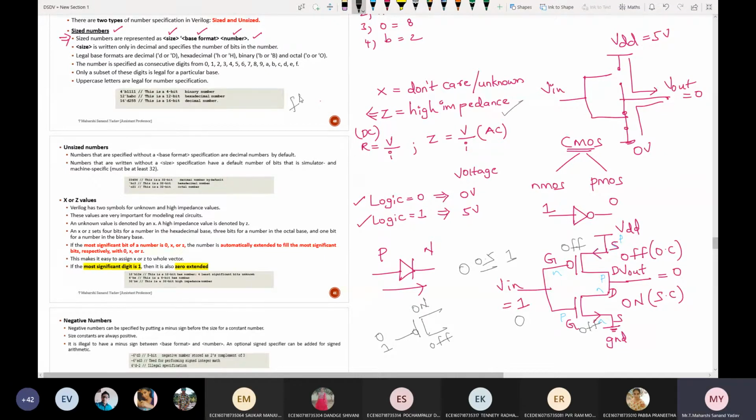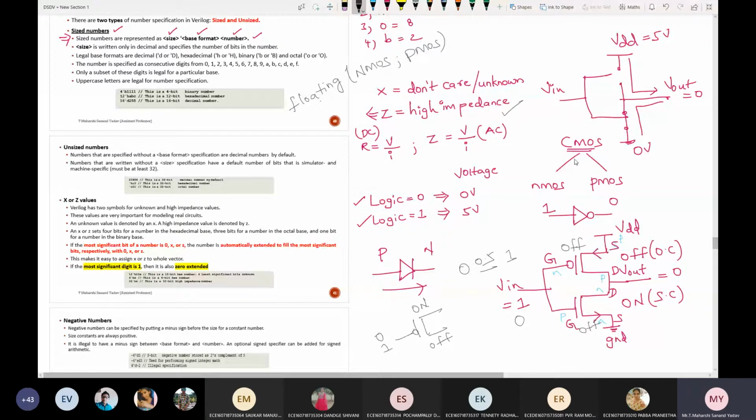High impedance is nothing but floating. So what is meant by floating? When both NMOS and PMOS are on. Rarely it will happen. Remember this point.